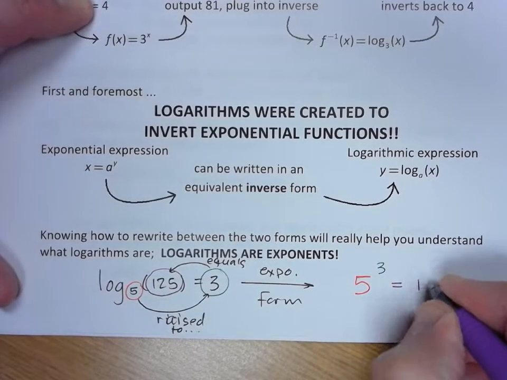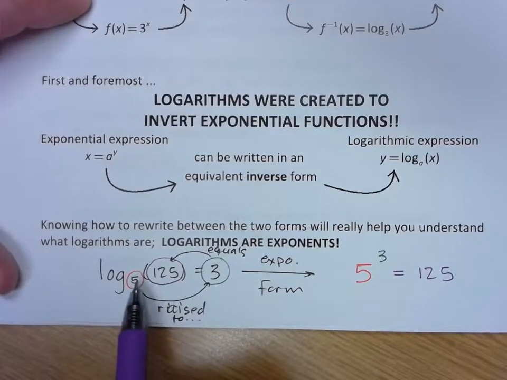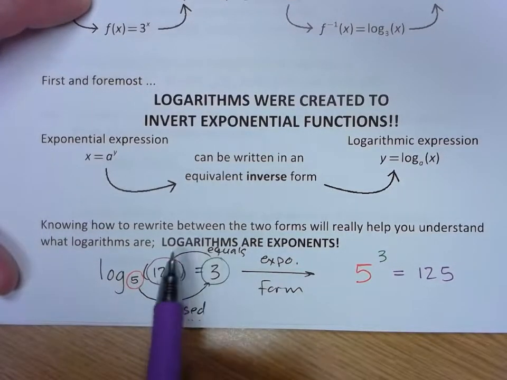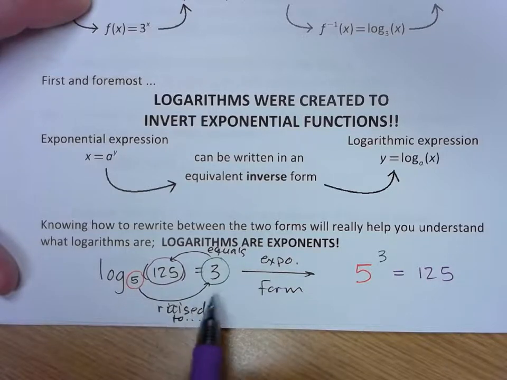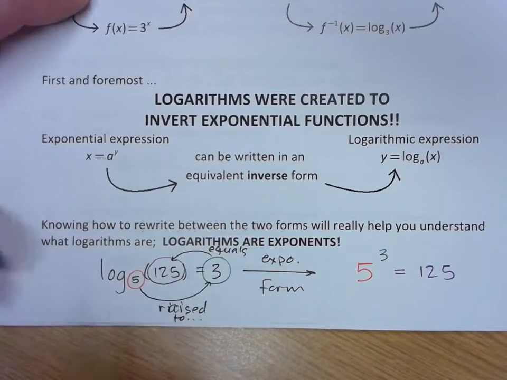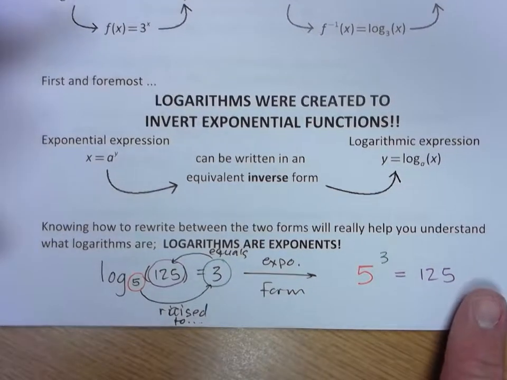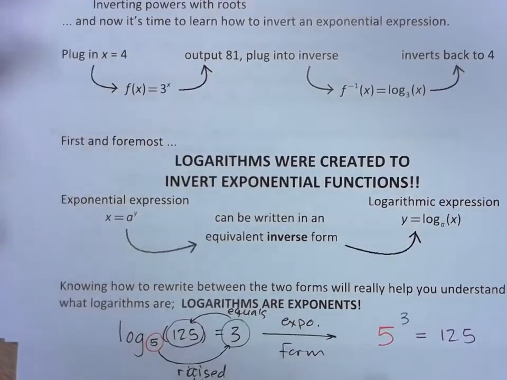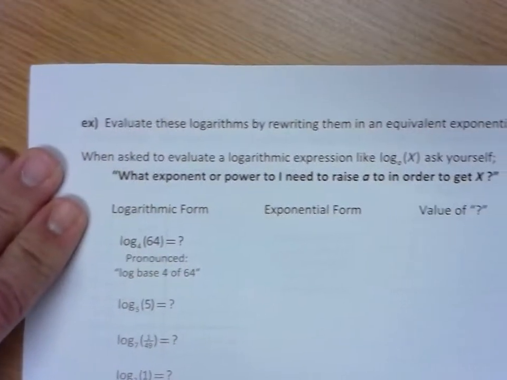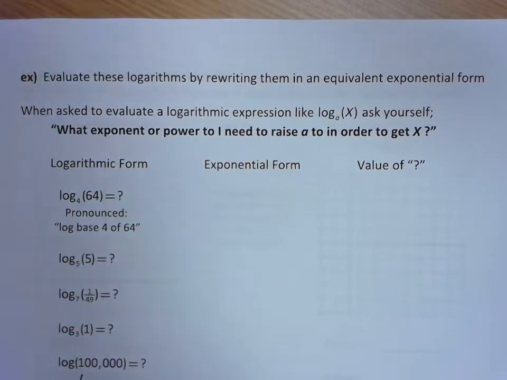So whenever you're converting from log form to exponential form, you say base raised to the exponent equals 125 in this spiral diagram, and that helps you get the exponential form that corresponds to the logarithmic form. So the first few exercises I've got for you in the lesson here ask you to evaluate some logarithms by first rewriting them in their corresponding exponential form,